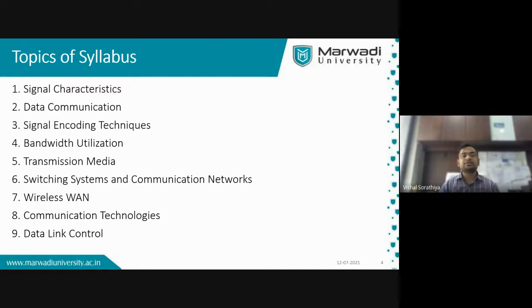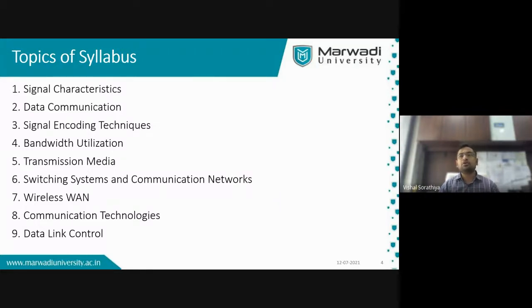Third, we are going to discuss signal encoding techniques. There are major criteria for sending any particular information: bandwidth and speed.